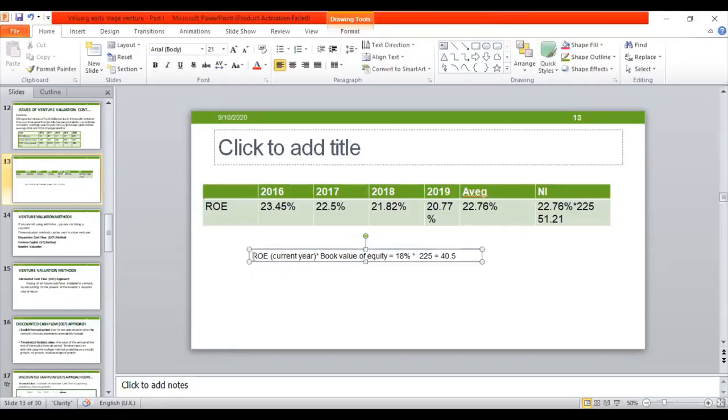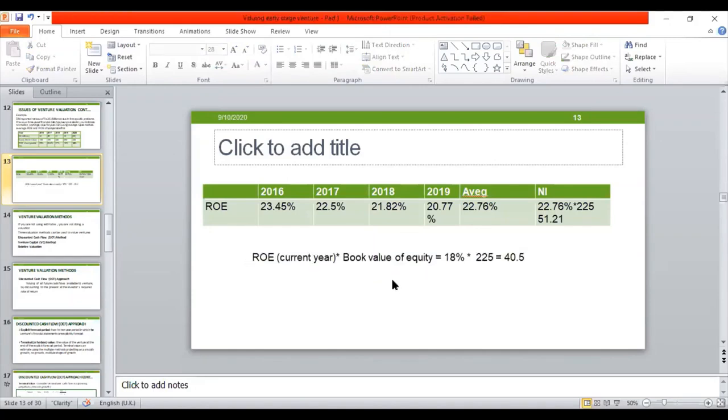So this approach can be used, is more suitable. This approach is more suitable at which point? If firms do not have a history and they do not have a stable business, if firms do not have stable business activities and they do not have much of a history, then we